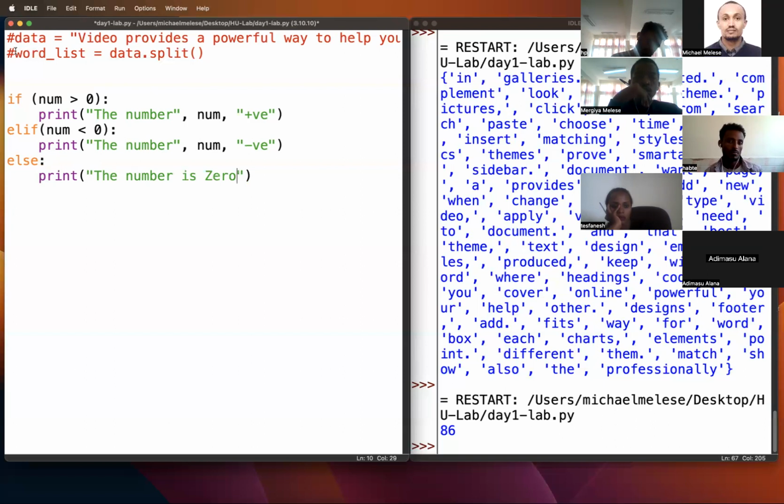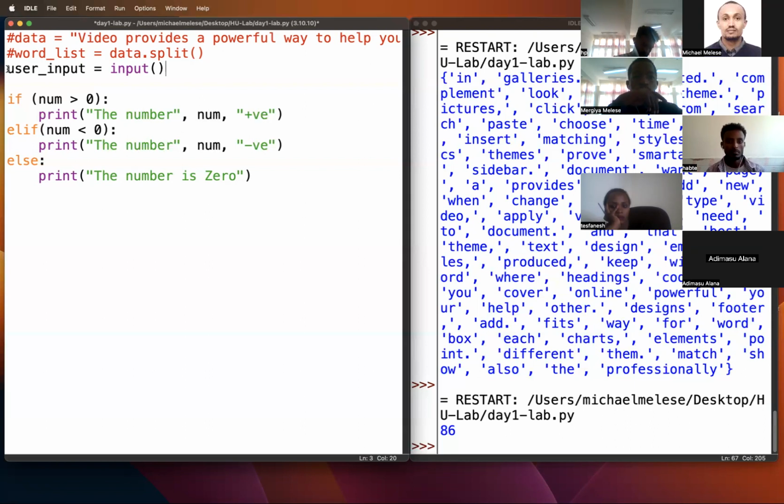Okay, so we didn't receive the value from the users, but we need to receive that one. In order to receive anything from the external environment, from the system or from some other outputs, we are going to use the input method, okay? Let's say that user input is equivalent to input. Input is the keyword which enables us to receive the value from the users, like cin or System.in